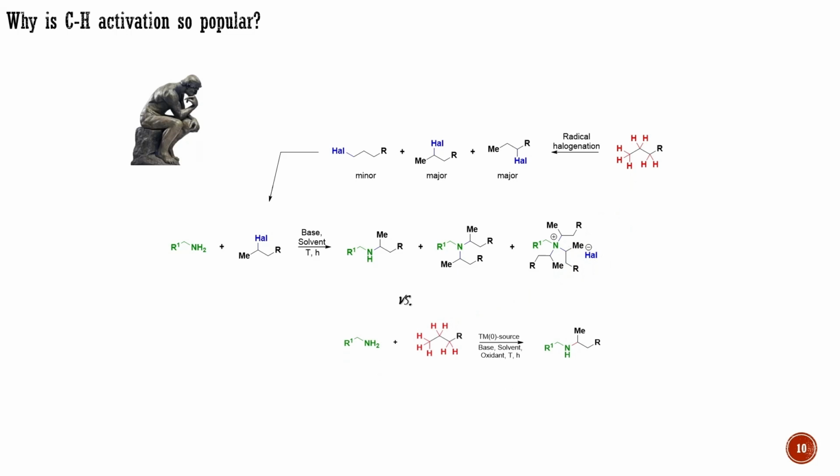Based on the numbers from previous charts and these examples, you might have the impression that direct CH activations are the easiest transformations one could possibly try to employ to address the issues you are facing in your projects involving cross-couplings. Unfortunately, CH transformations are not as straightforward as they might seem, and this promising field of research is still